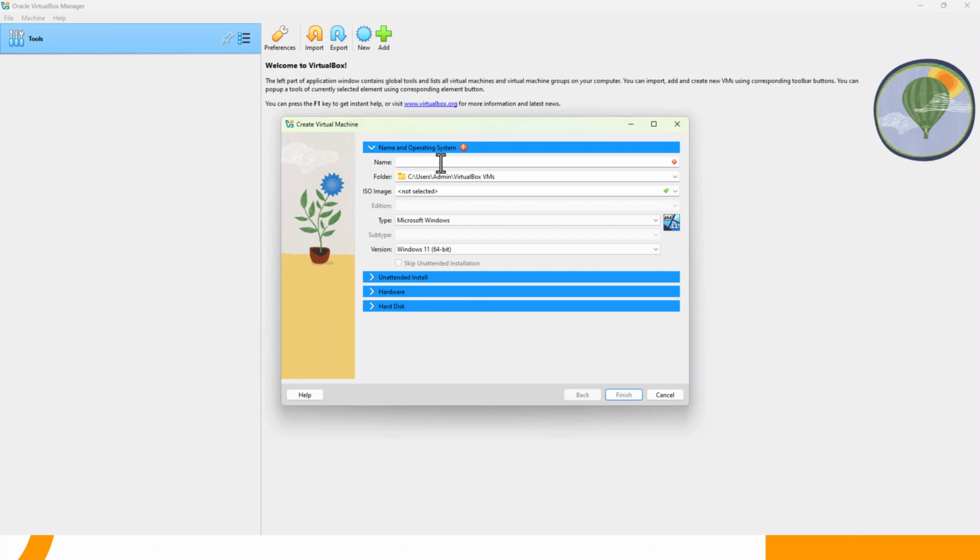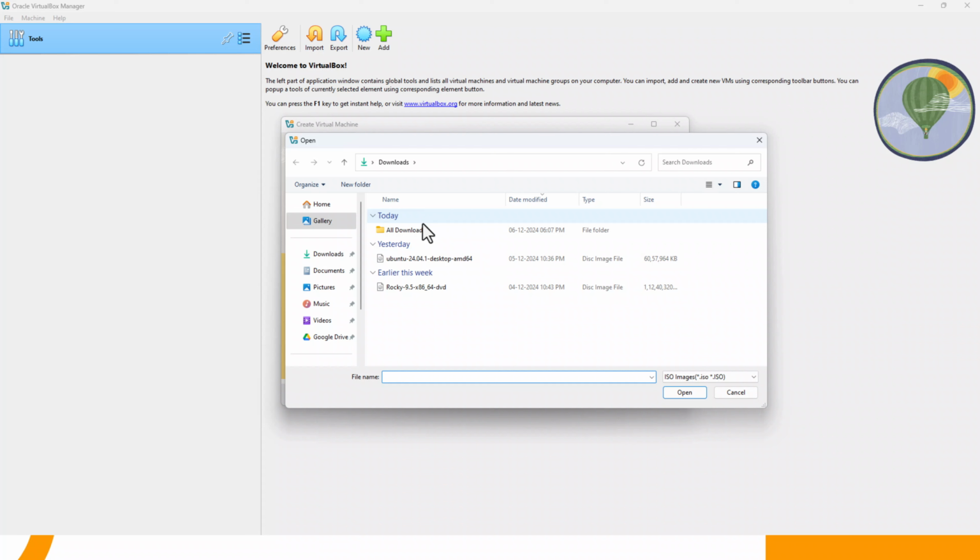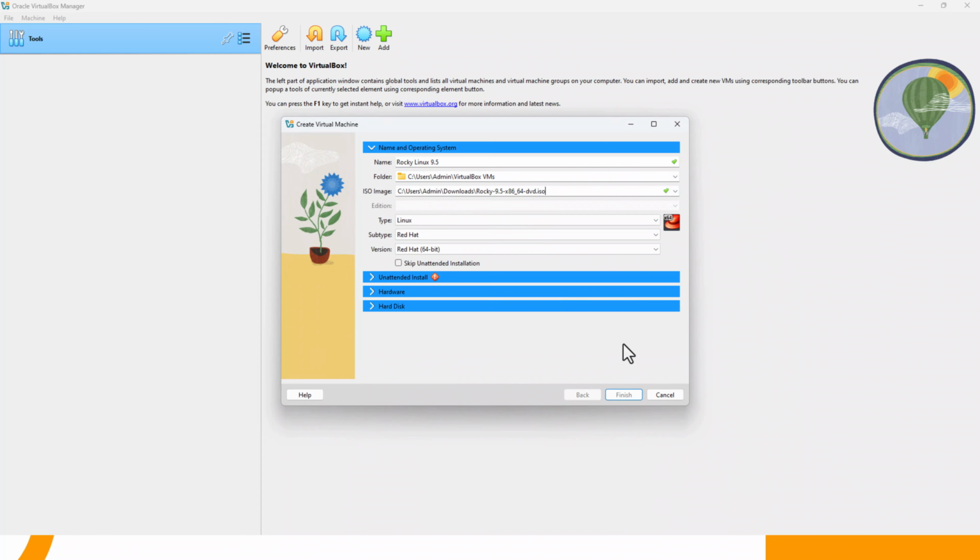I'm giving Rocky Linux 9.5. Select the ISO image. From here you can select from the drop down, or you can click on Other. Check where you downloaded the ISO file, click on it and open it. Next,